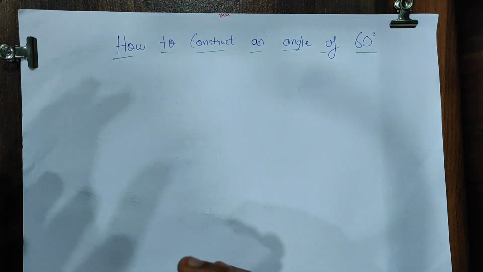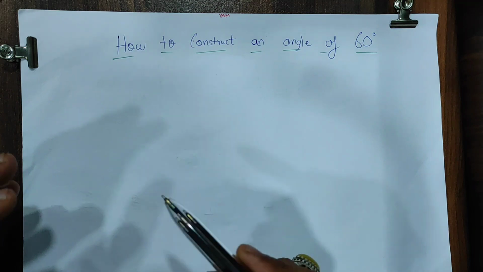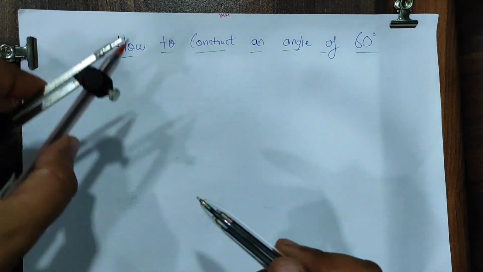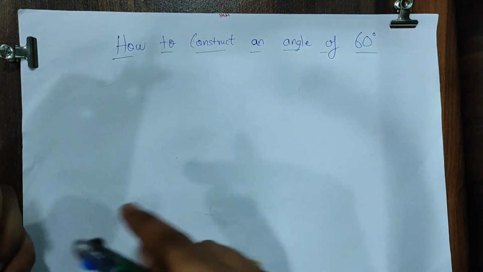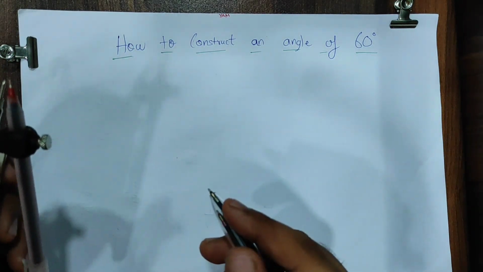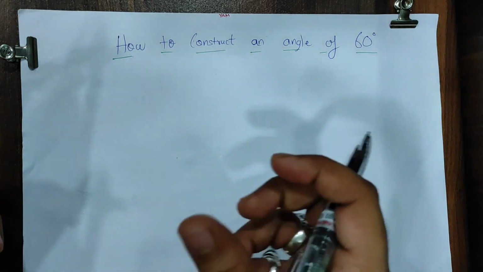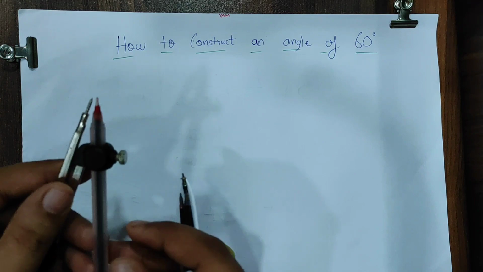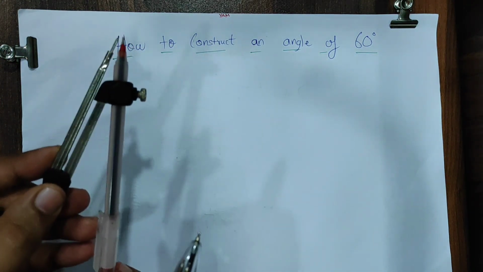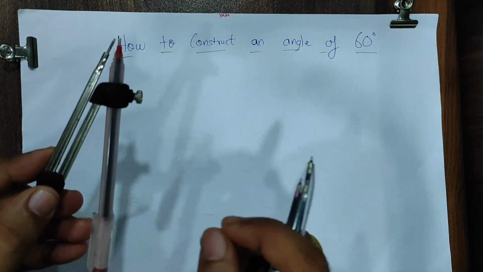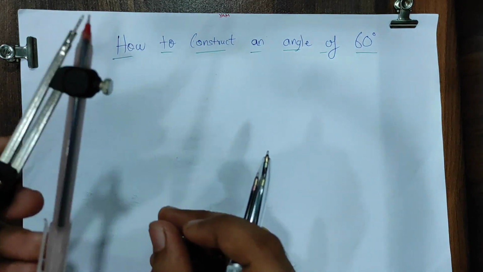The best way to understand this lecture is to be ready with your pencil, scale and a compass, please. You should have two pencils, one attached to the compass and the other for drawing the lines, and a scale. Just because in the video the marks of the pencil will not be so clear, I'm using a pen within the compass, but it's strictly prohibited in examination. Any part of the construction, not even the labeling, the arrows, drawing of lines or the compass, nothing should be with the pen, everything should be with the pencil.